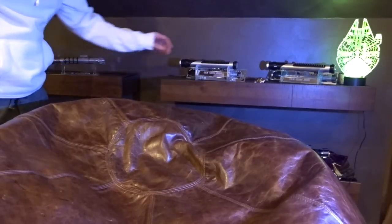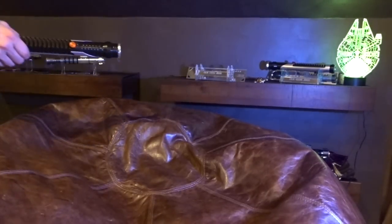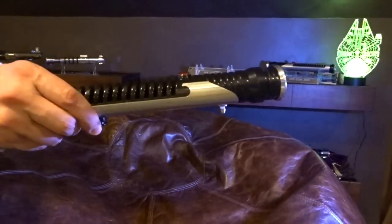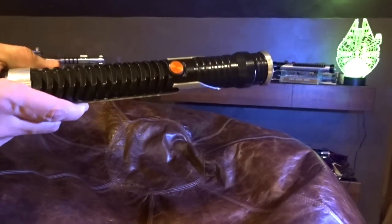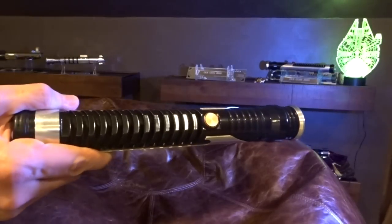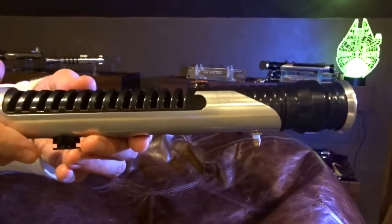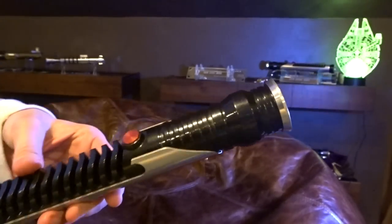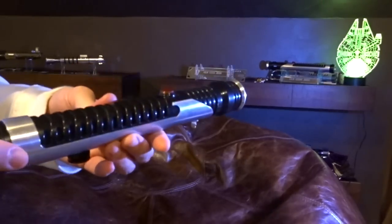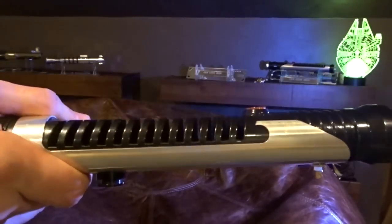Wanted to show you an update on my Qui Gon prototype. This lightsaber is from the Saber Concepts Vader's Vault run, but not the actual run. This is from the pre-run. They were trying to get the dimensions perfect on the Qui Gon for the Vader's Vault run, and they got the deep grooves here on this